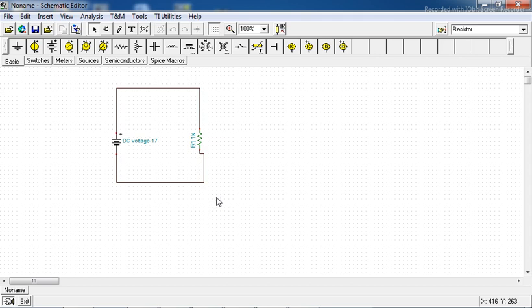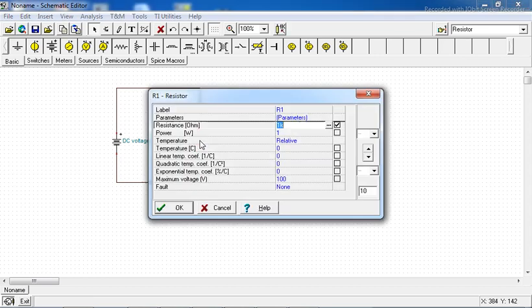Okay, so once again you can see R1, that is resistor 1, its default value is 1 kilo ohm. You can change its value again by double clicking on it. Suppose I want to make its value 15 ohm. So just type 500, not 15, I want it 500 ohm. So just type there whatever value you want.